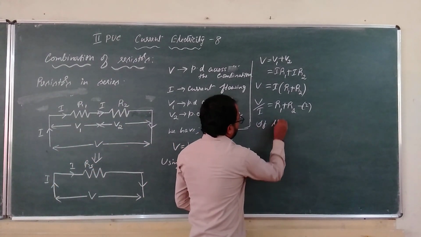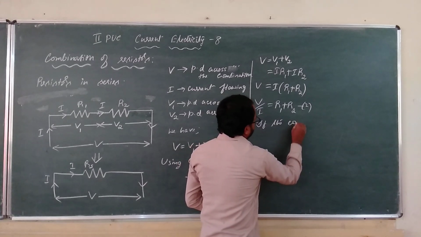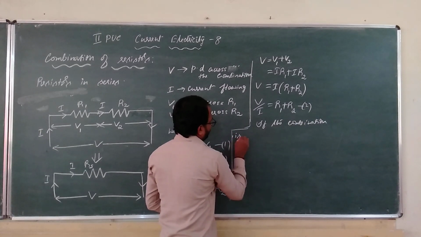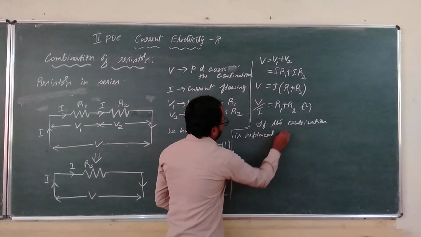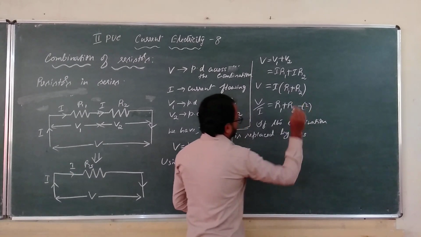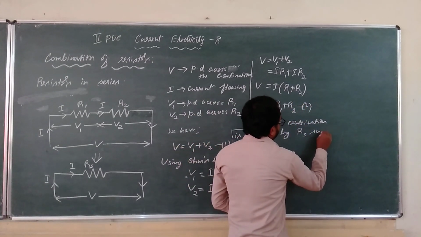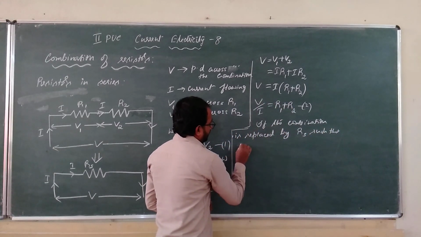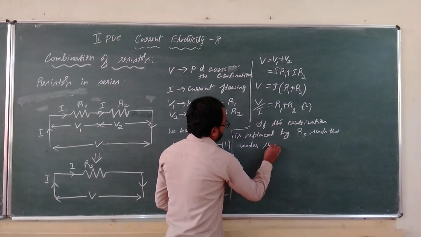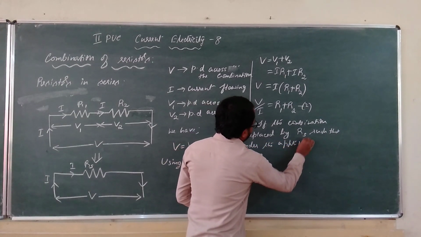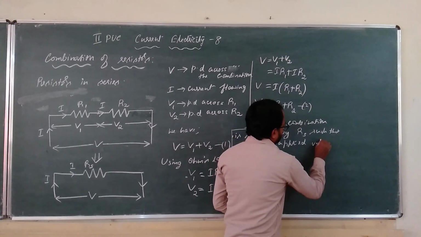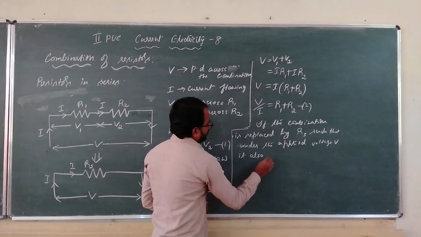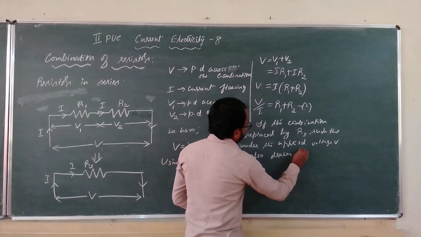So if the combination is replaced by some other resistor whose resistance is Rs, such that under the same applied voltage V, it also draws the same amount of current,